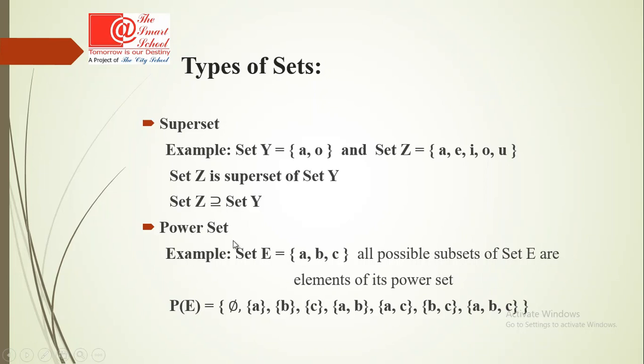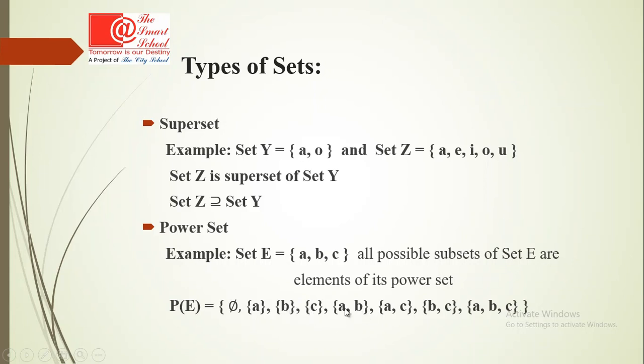Power set is a set which has all the subsets in it. For example, set E has members A, B and C, and all possible subsets of set E are elements of its power set. Like for ABC, the subsets are first of all the empty set, then a set which has element A in it, then another set which has element B in it, then C as an element,